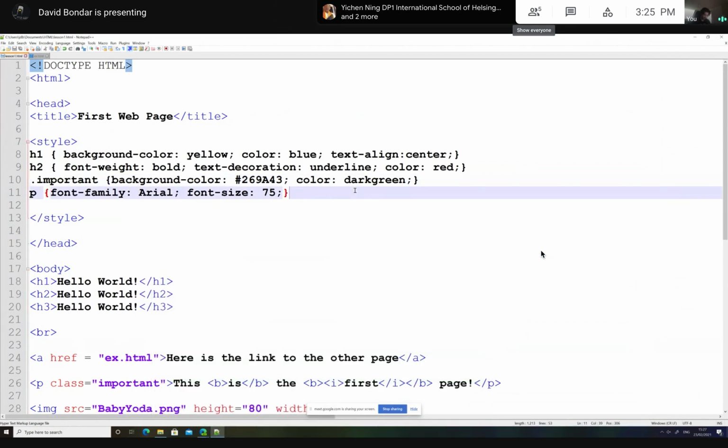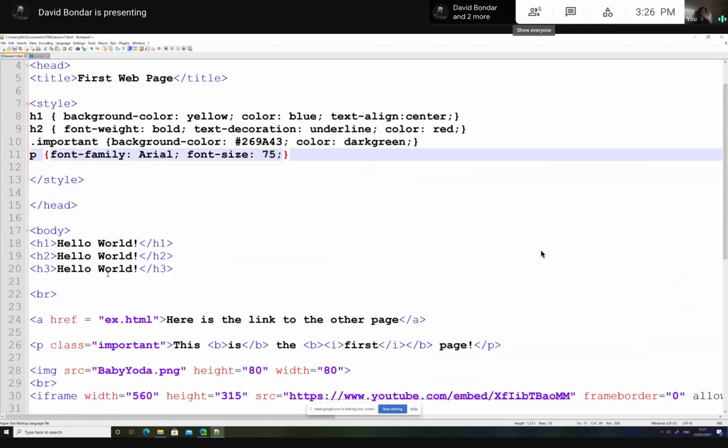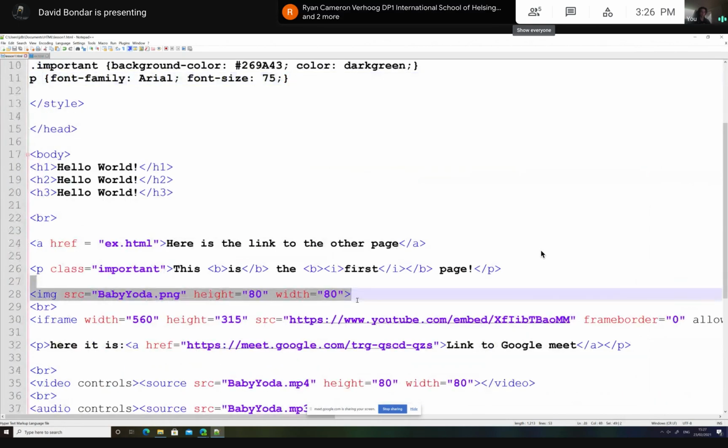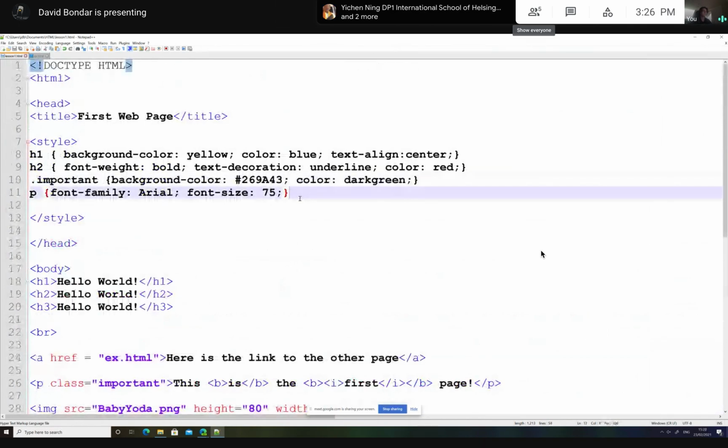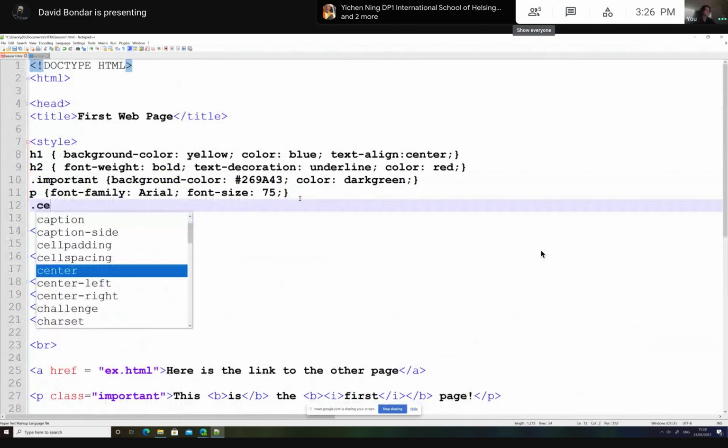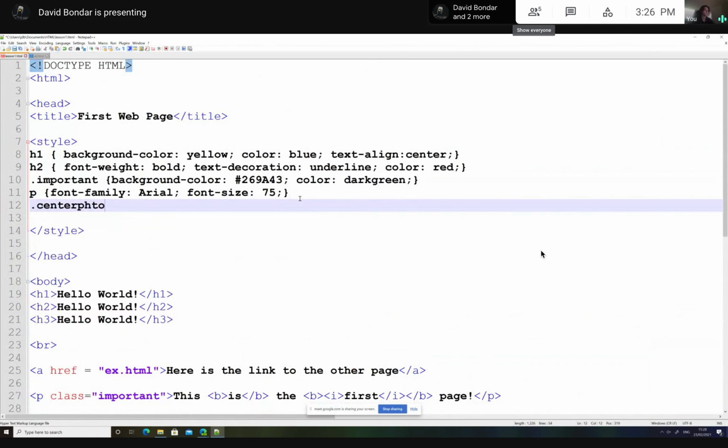Let's say we want to align photos, right? We've got a picture of Baby Yoda here, and we want to make Baby Yoda align to, say, the center of the screen. So how we can do that is we can create another class called center photo. We can call it anything, but I'm going to call it center photo, and then it's going to go like this: